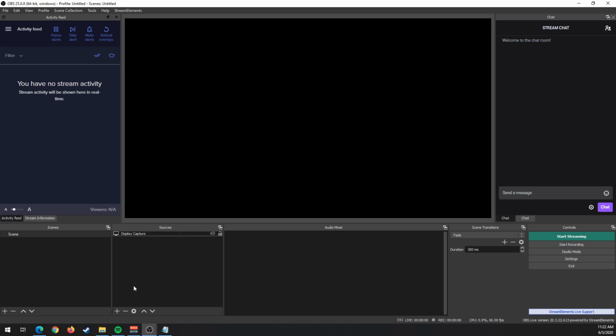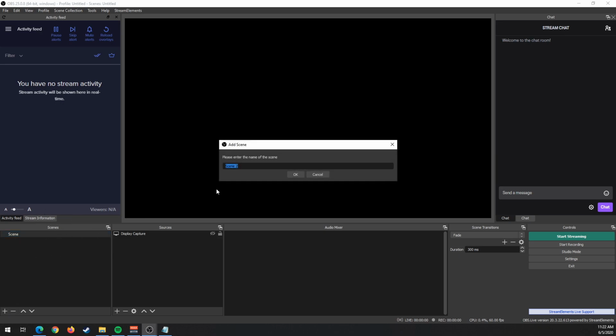All right, so now we have our OBS live set up for streaming. We just need to set up our scenes and our sources. We're gonna create our first scene right now. As you can see in the sources down below, you'll see display capture. This is because I am actually using OBS to record my screen right now. But let's go ahead and create a new scene over here. Just click the plus icon. There should be one by default already, but let's create another one just for this tutorial.